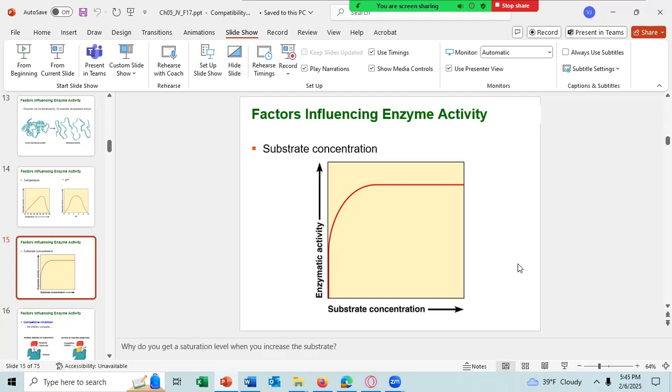Another factor that can influence enzyme activity is the substrate concentration. If the enzyme is very low and the substrate is very low, then you get very little chemical reactions occurring, meaning you get very little end product. And the reason is because the atoms, molecules, or ions that are going about are bumping into each other, but when they hit, they do not have the energy they need to convert the product into the